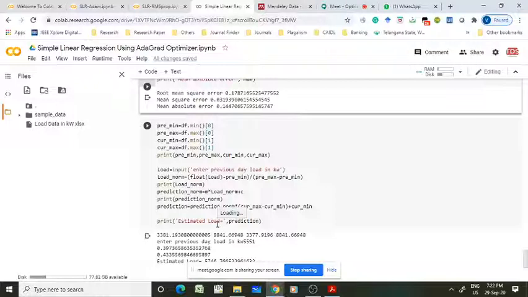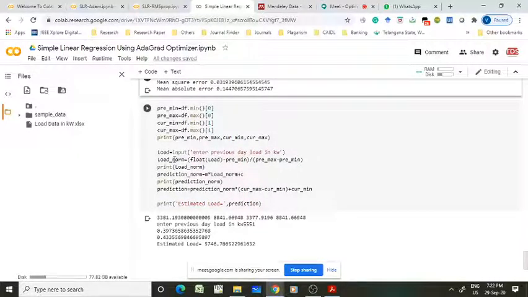But if you give the normalized value to your client, it is not good. So before showing the output to the user, you have to denormalize it. That holds for all types of prediction cases.